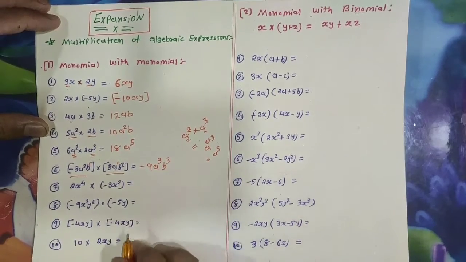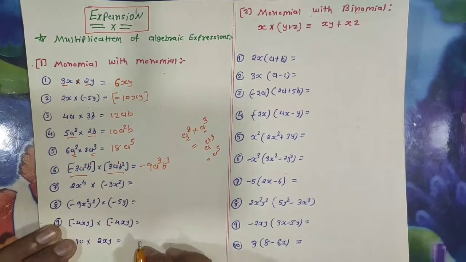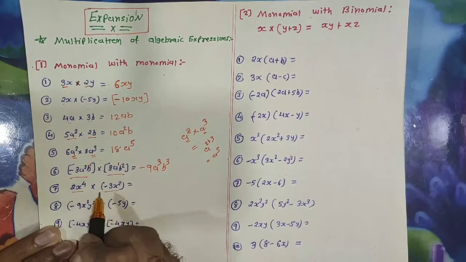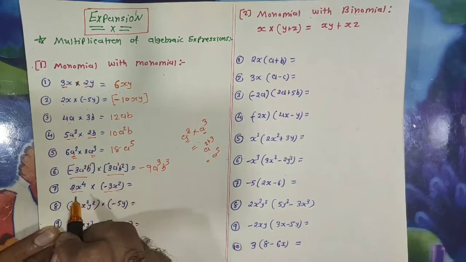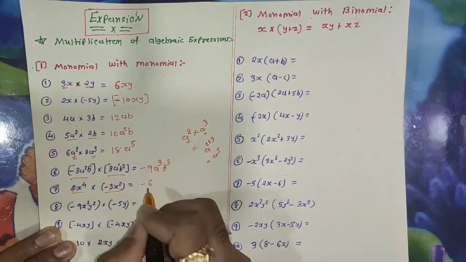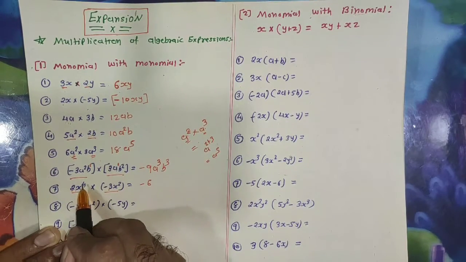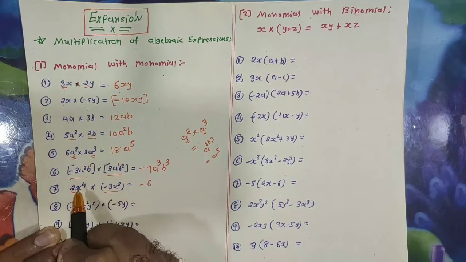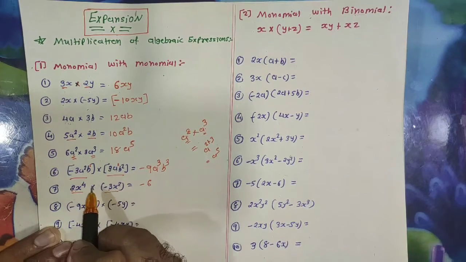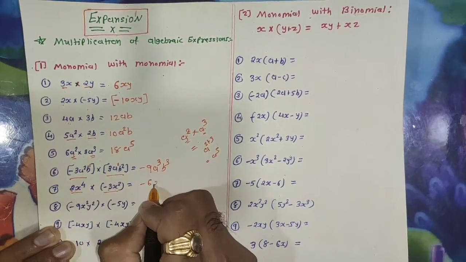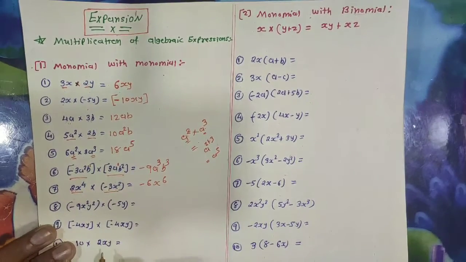Now the next sum, again for this multiplication you have to consider multiplication of the coefficients. So here the coefficient is 2, here the coefficient is minus 6, one plus and one minus, so their multiplication is minus, so 2 3s are minus 6. Again the variables, here x raised to 4 is there, here x raised to 2 is there, so for the multiplication their bases are equal, so we have to perform addition of their powers, so it's 4 plus 2, which is 6, so x raised to 6 is the answer.